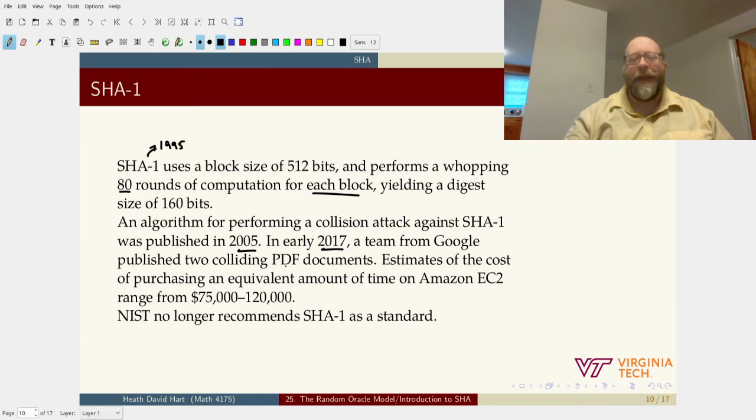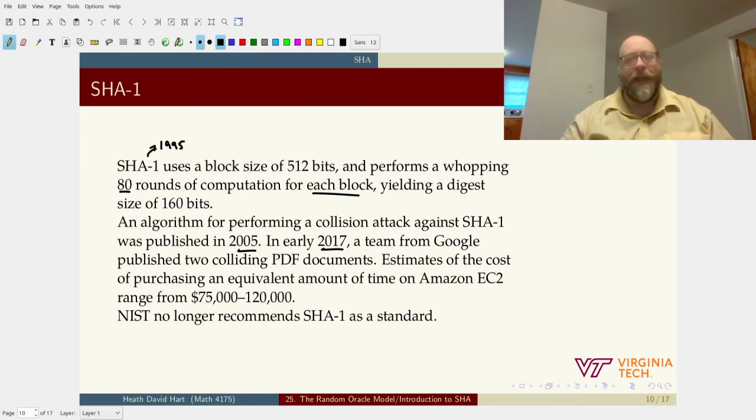And it used enough CPU time, it was computationally intensive enough that the cost of purchasing that amount of CPU time on a cloud system like Amazon EC2 ranges from about $75,000 on up, which means when we say that SHA-1 has been broken, it's